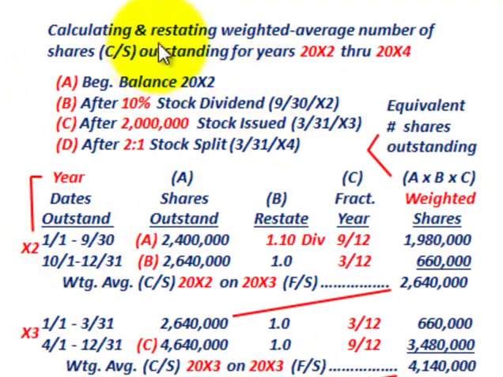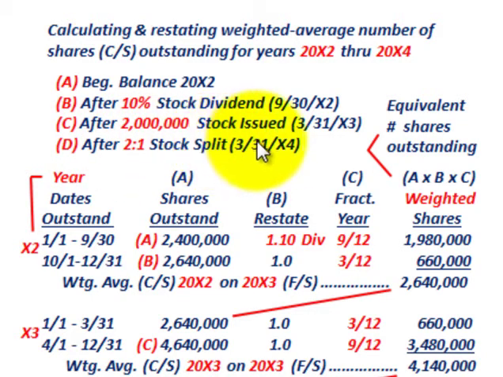Again, we're going to be calculating and restating the weighted average for the number of shares of common stock outstanding, and we'll look at it from year 20X2 through 20X4. For our key on what we're going to be looking at in our charts, A represents the beginning balance. B is after the 10% stock dividend. C is the 2 million stock shares issued, and D is after the 2-for-1